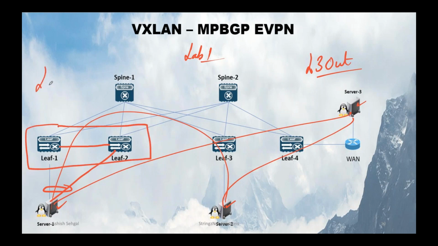This is going to be our lab 2 modification, wherein we do make sure that 2 leaf switches join together, present themselves as one single entity, and the downstream server gets connected to both of them. So this is called our VXLAN with VPC lab, which is of course the real practical production scenario. All right,